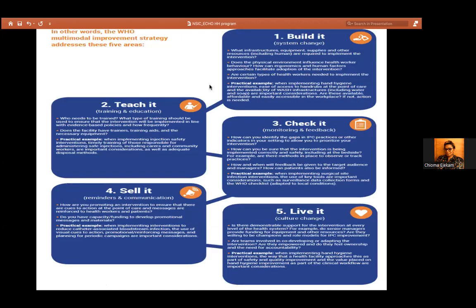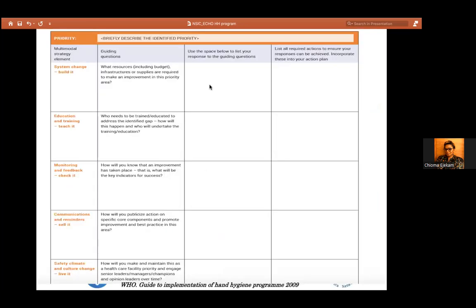Now, I put up this, it's not for you to actually see, so don't worry if you say that it's tiny print. It's just that for those of you probably coming in contact with this today for the first time, most times when you're looking through resources, which I'll show at the end of the day, this is how you will see the 5 multimodal strategies presented. So in case you're looking at books, when you see a structure or a picture like this, you know you have met the IPC 5 elements of the multimodal strategies key areas. So that's why I put it up there.